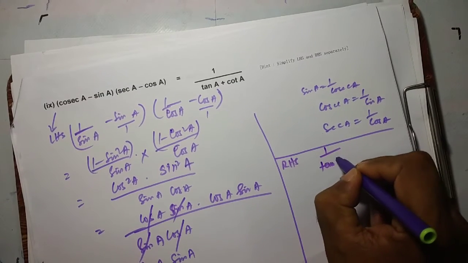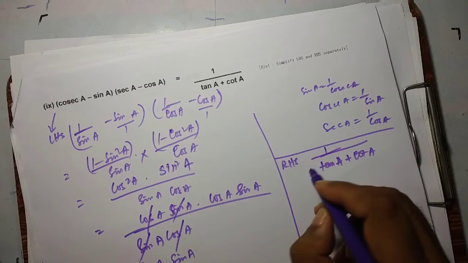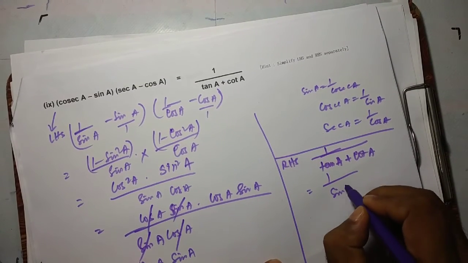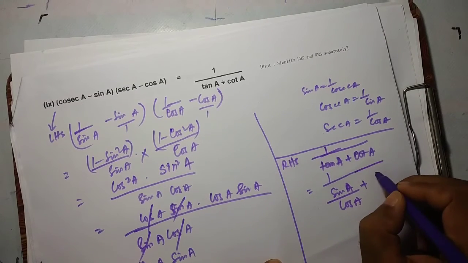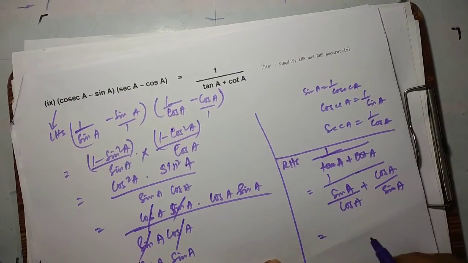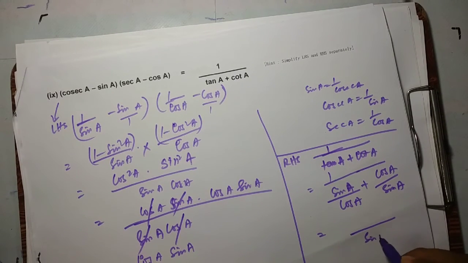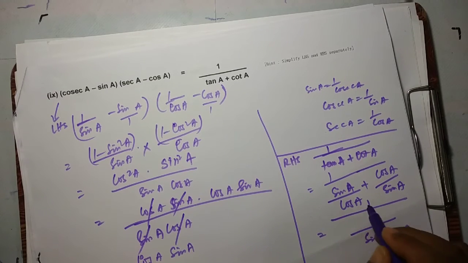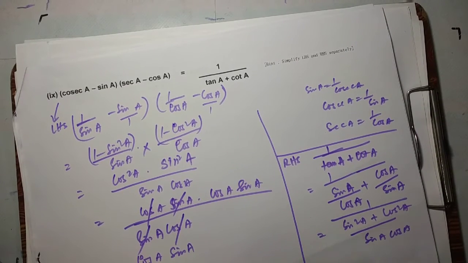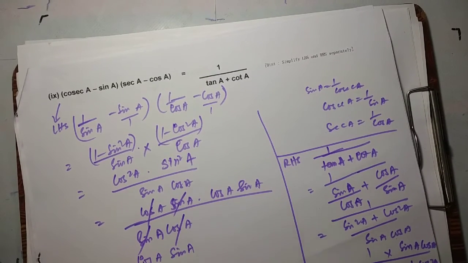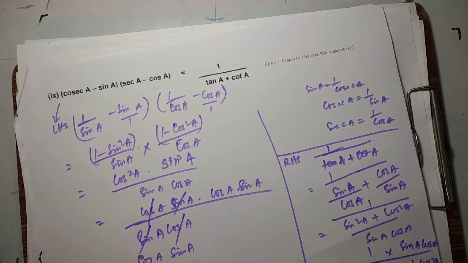Now write the RHS in simplest form. RHS is 1 over tan A plus cot A. So this is 1 over sin A by cos A plus cos A by sin A. So what is this? The LCM is sin A cos A, so 1 over sin square A plus cos square A over sin A cos A. The sin A cos A is on the denominator and comes to the top, so this is sin A cos A over sin square A plus cos square A. Because sin square A plus cos square A is equal to 1, this is sin A and cos A. So right hand side equals left hand side.